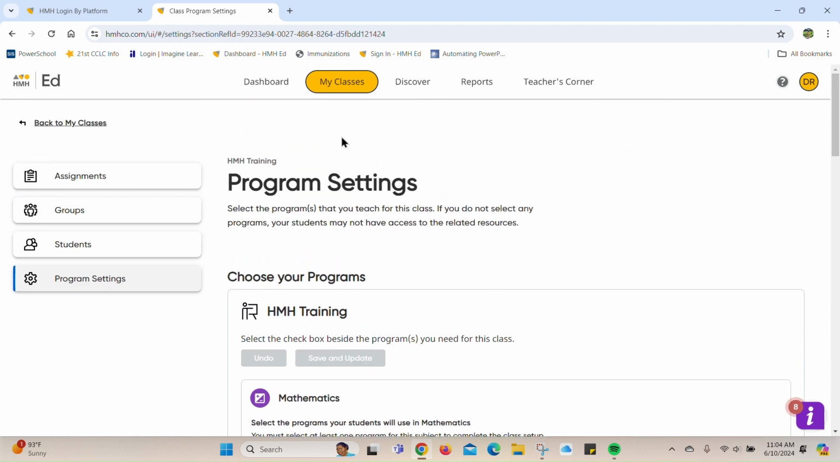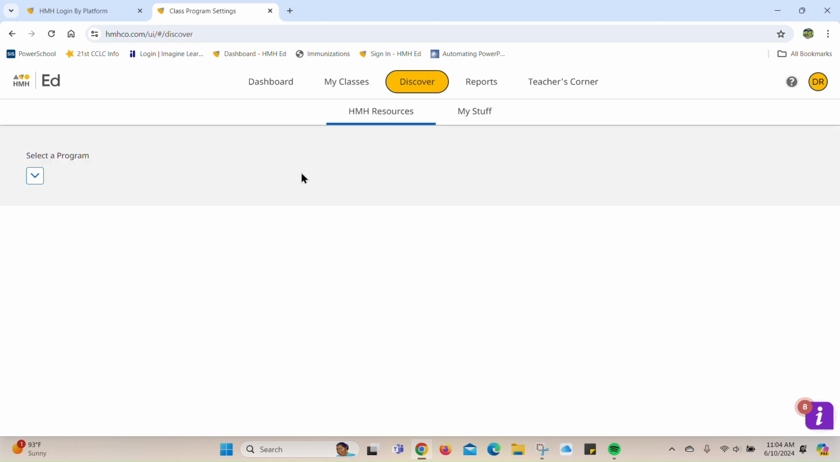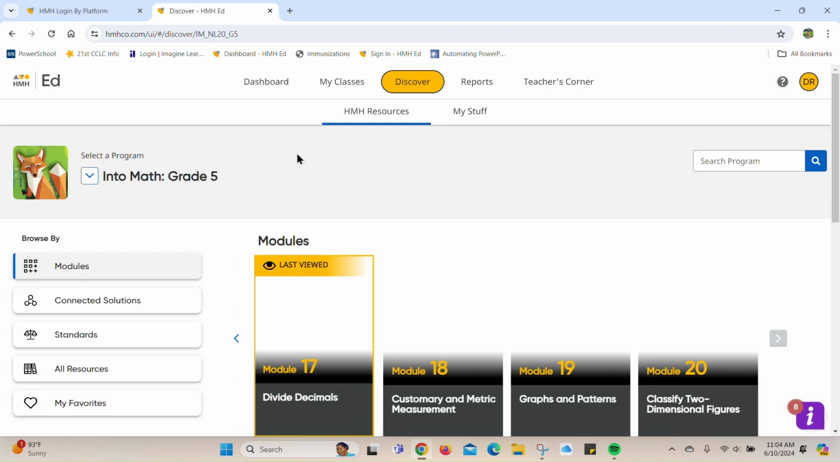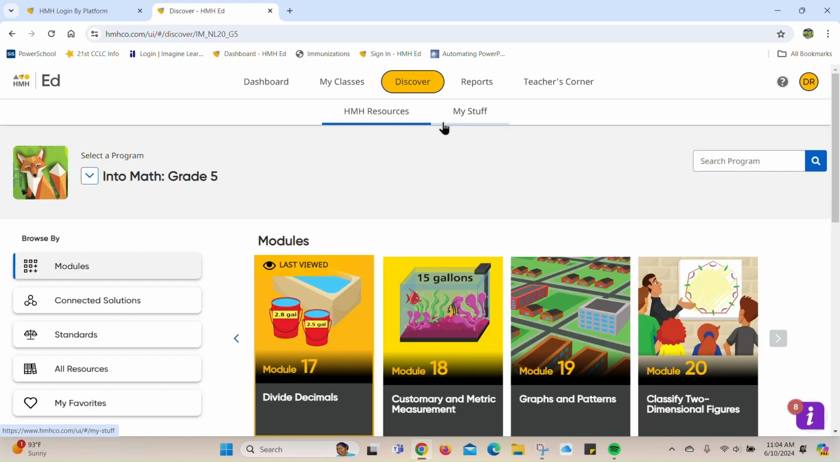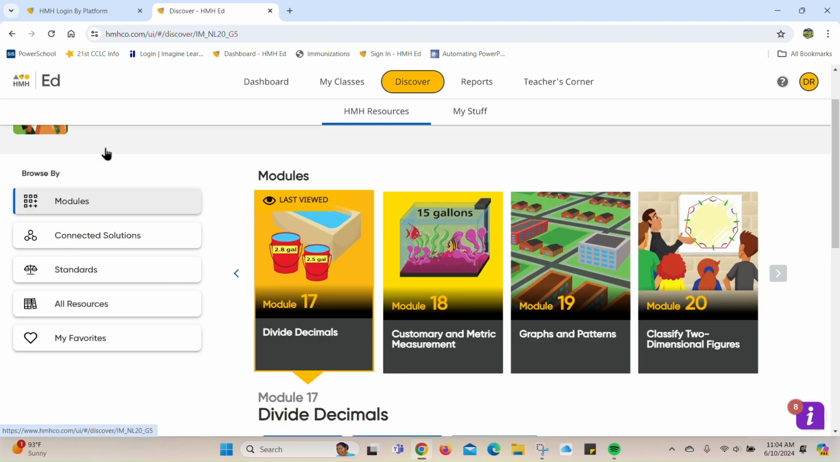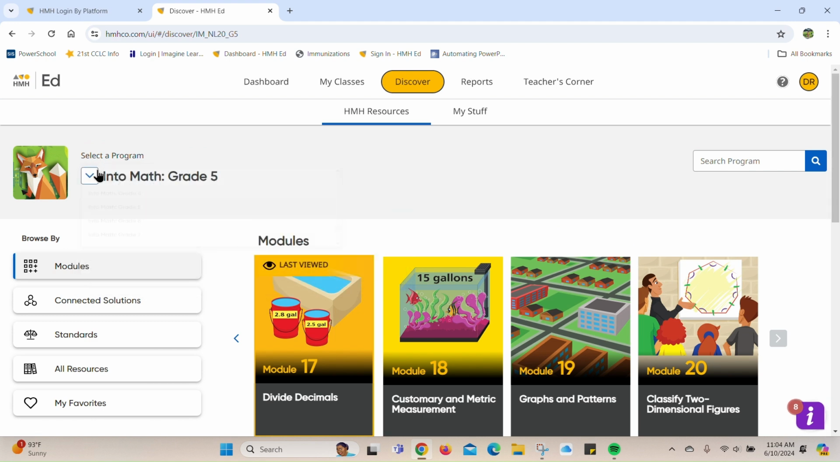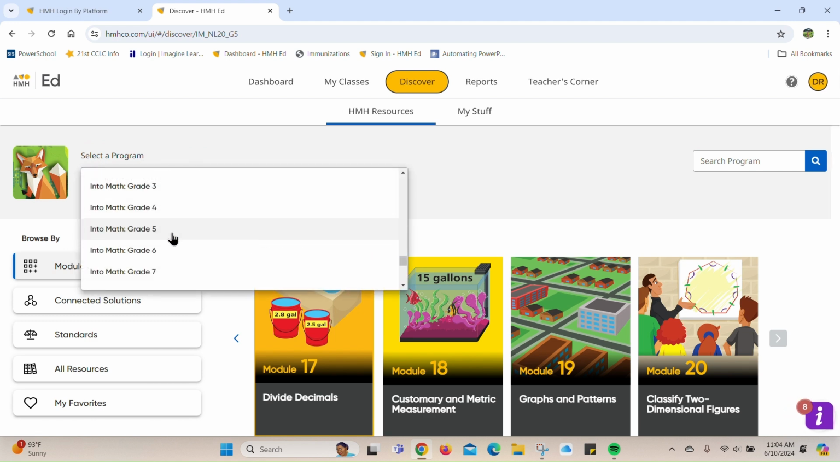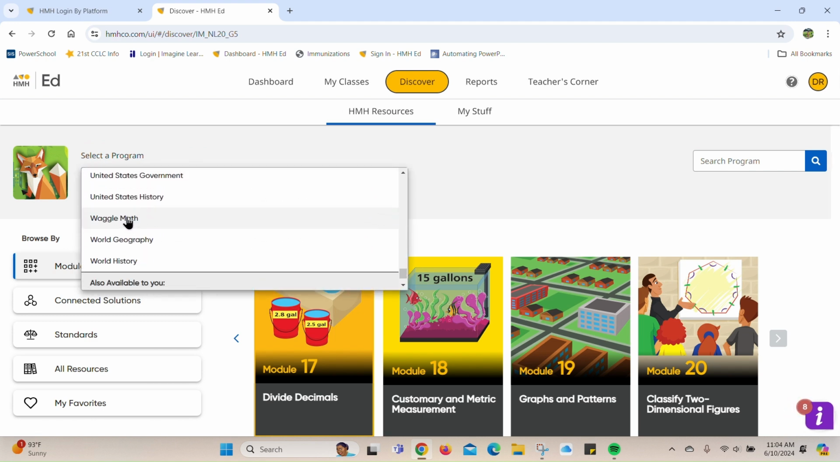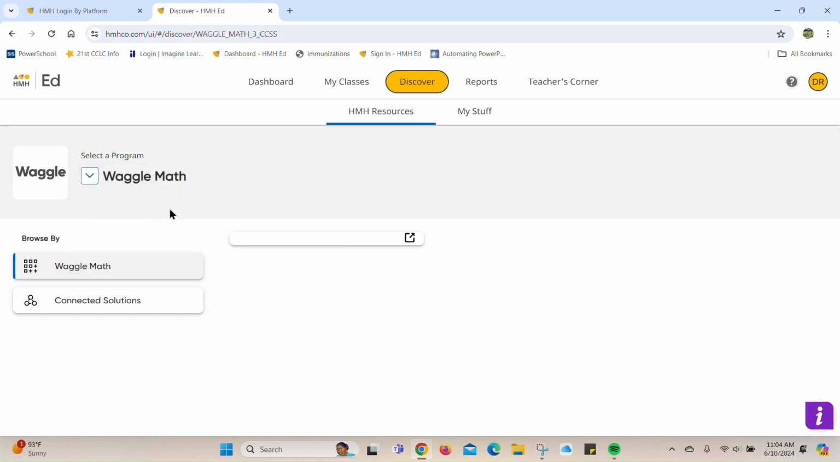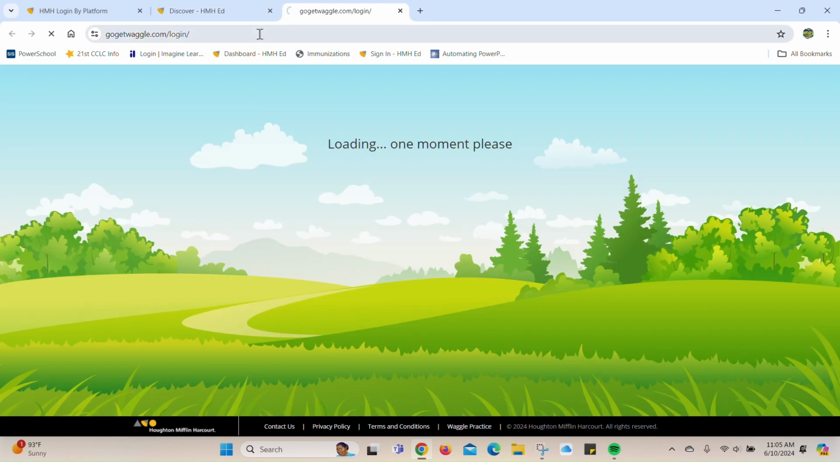So now once you make sure that is selected, you're going to go into Discover. And then you want to make sure you're in HMH Resources. And you are going to search for Waggle in Select Programs. So there's this little down arrow right here. You're going to search until you see Waggle Math. So when we select Waggle Math, we can click on Waggle right here, and it's going to take us to a new